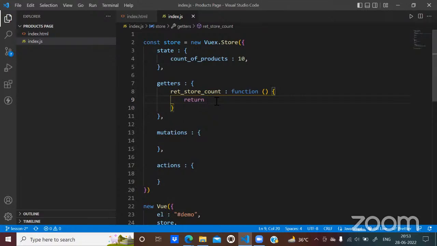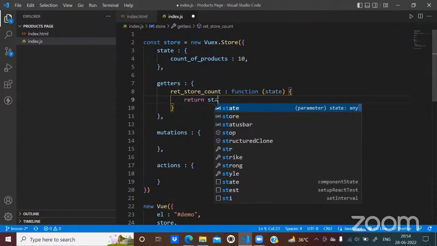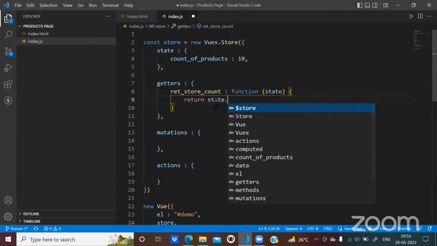The very first thing is that I need to let this function know that I'm going to access certain things inside the body of this function. So I'm giving this function a parameter called state. Of course, this state is just a name, it can be anything else. But what this state represents is this state. Now it becomes easier for me. What I'm going to write here is return state dot